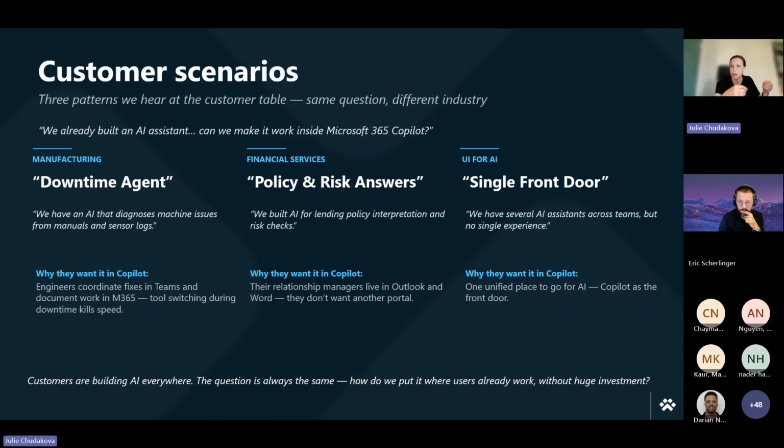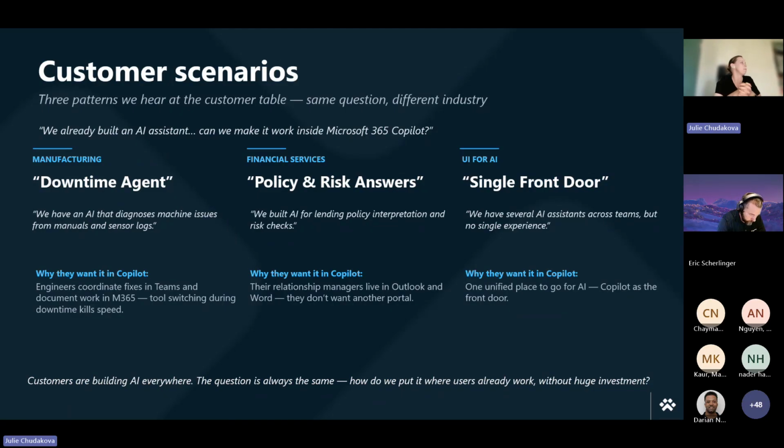And engineers are using Teams to coordinate the fixes. How can we bring that agent into Teams so that engineers don't spend time switching tools, right, when they lose